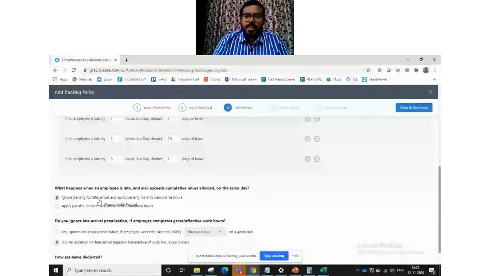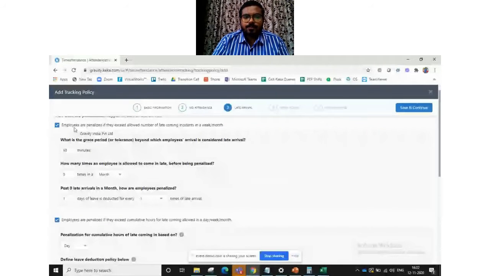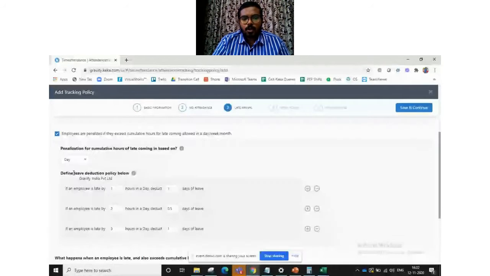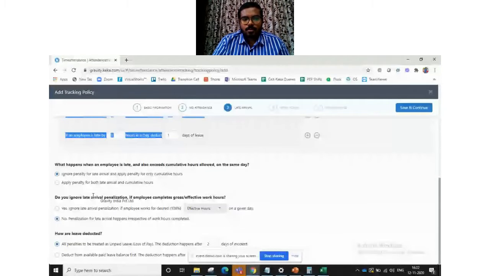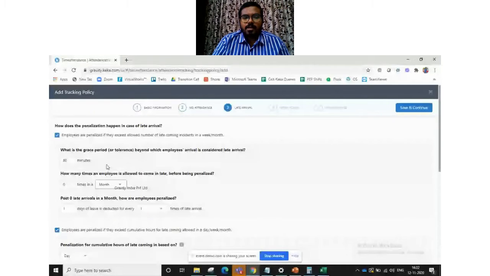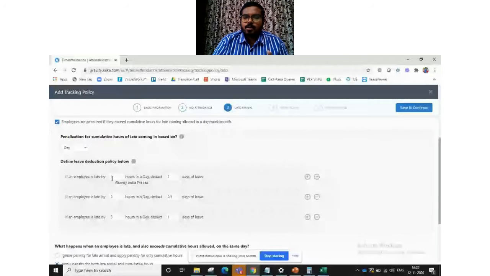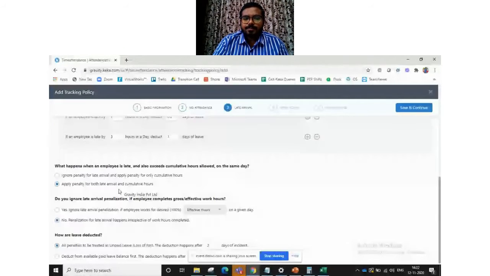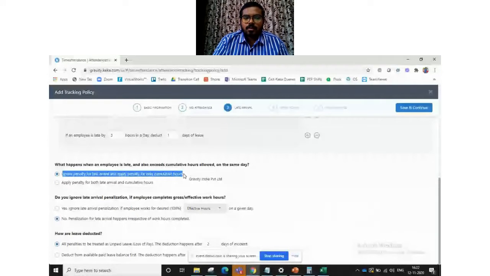Ignore the penalty for late arrival and apply the penalty for cumulative, or ignore the penalty for cumulative and apply it for these settings, or apply the penalty for both. So here he'll lose 1 day and here he'll lose 1 day, so a total of 2 days of leave deduction for 1 day of late arrival. So we always suggest you go with the first option.